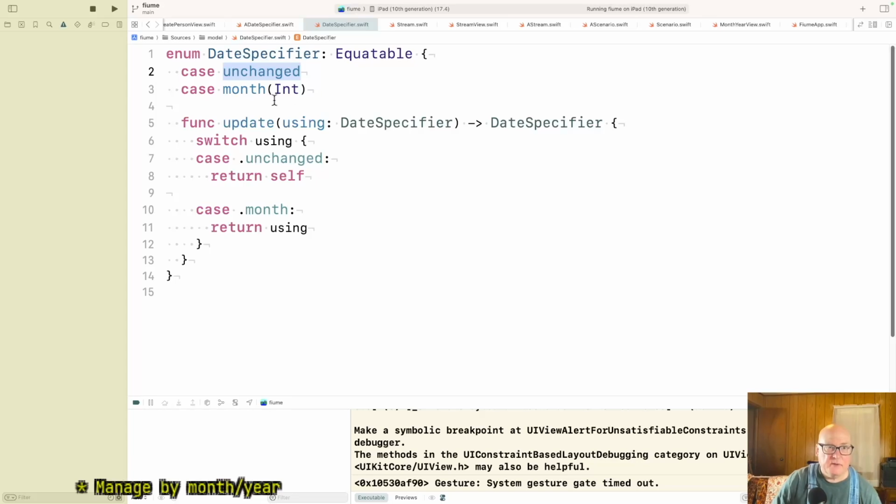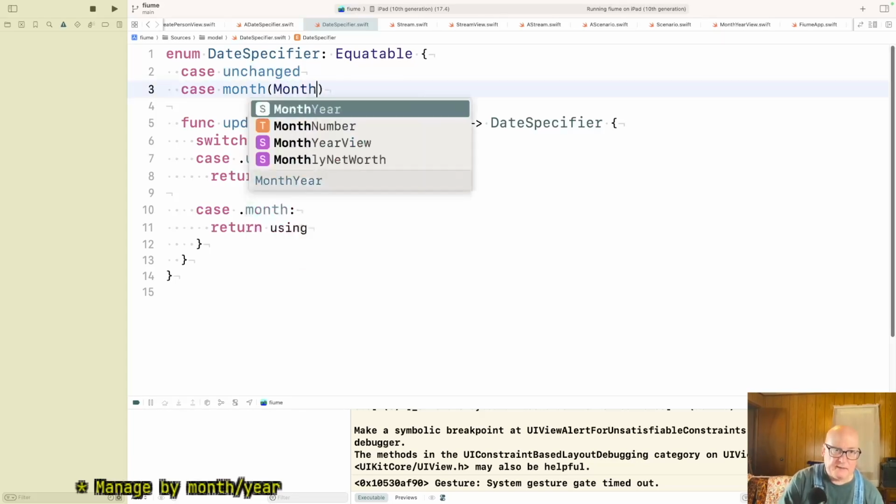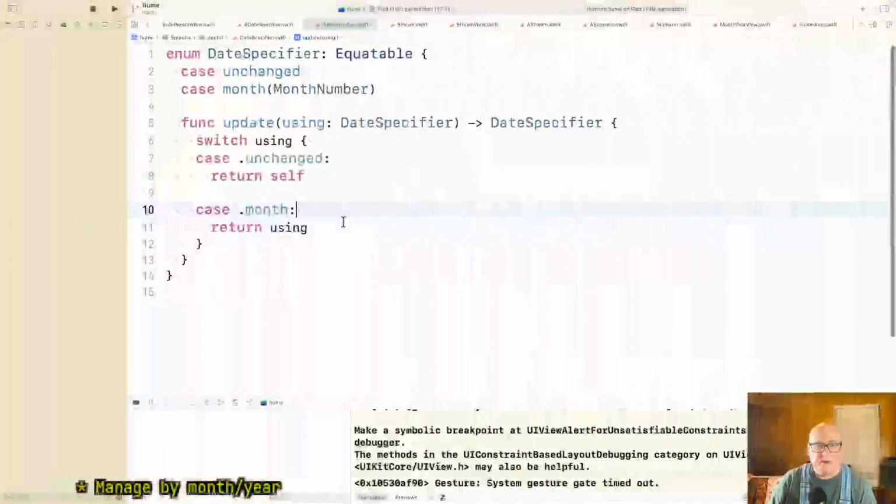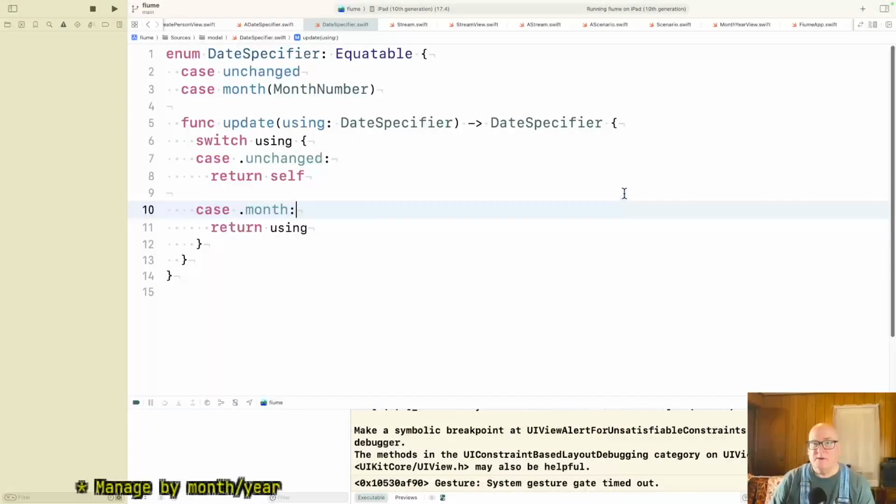And I think we have a month number. This is that. Okay, different from month year. Well, I guess the choice is either push it from the UI down or push it from the scenarios up.